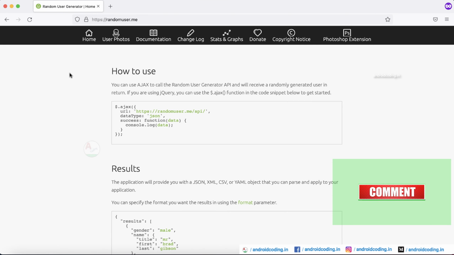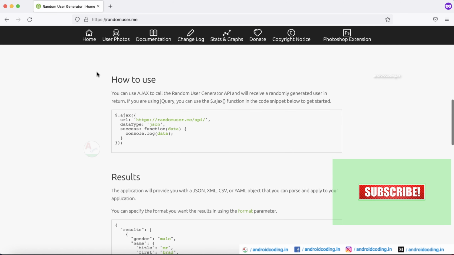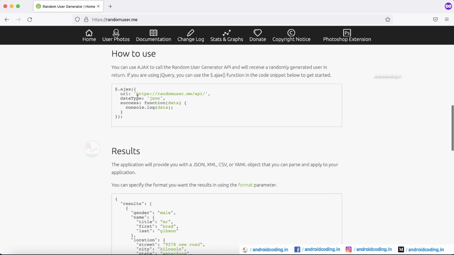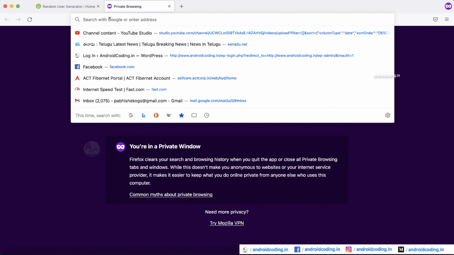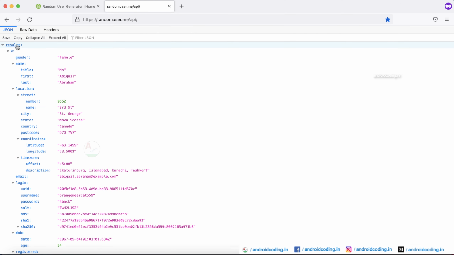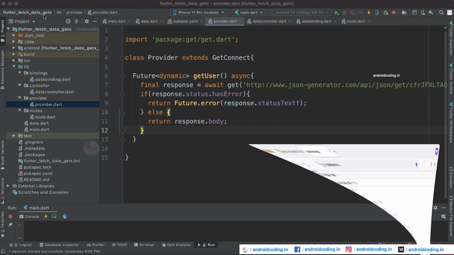Here you can see we are now making use of a random user API. This is the website link from which we are getting the data to be populated. Just copy this URL and visit it using your browser. It works well. There is an array list named results, and these are all the fields. We will see how to make use of this API and parse the list, with a few example fields, and you can try the remaining.